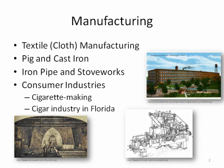Pig iron was used to make cast iron pipe and heavy equipment, heavy consumer durable equipment like stoves. Cast iron pipe could range anywhere in diameter from 3-inch water mains up to 50-inch storm sewer pipes. And it was during this era of the Gilded Age, the post-Civil War era, when manufacturing cities boomed across the face of the United States, when money was concentrated pretty heavily in the hands of people who could afford it, that cities then bought cast iron pipe to sanitize their cities, to get rid of outhouses and to lay in